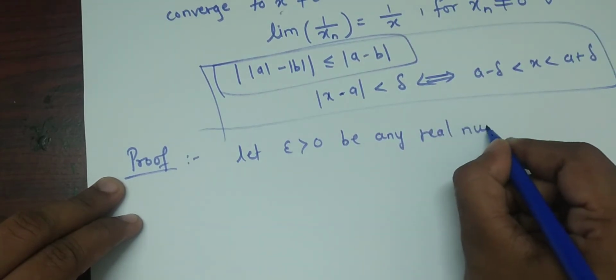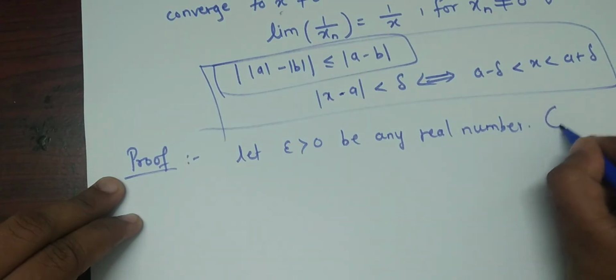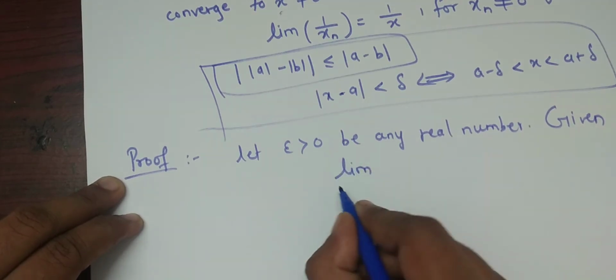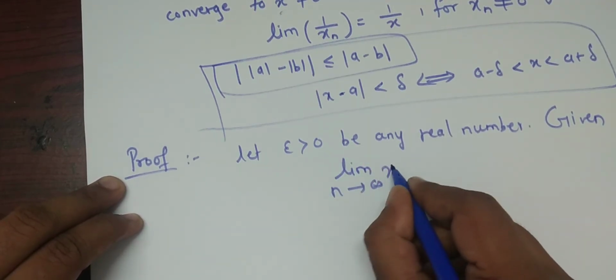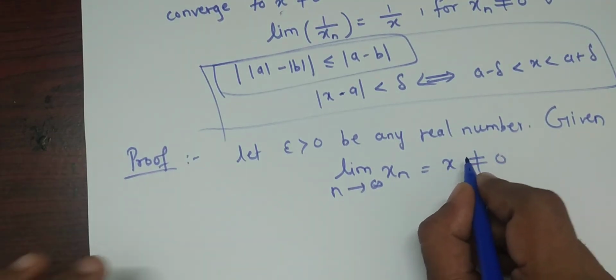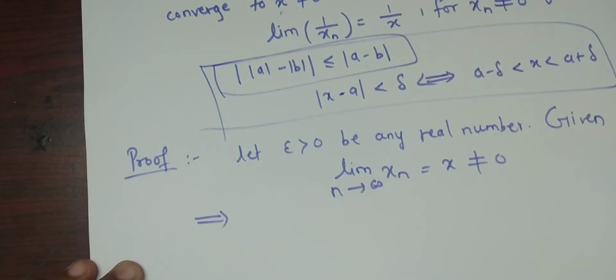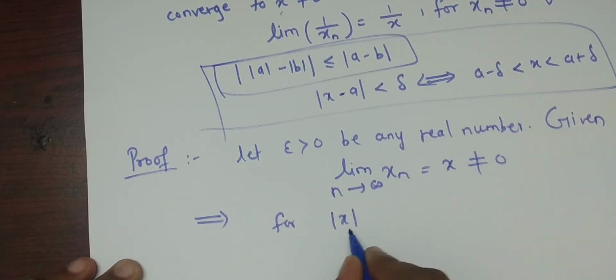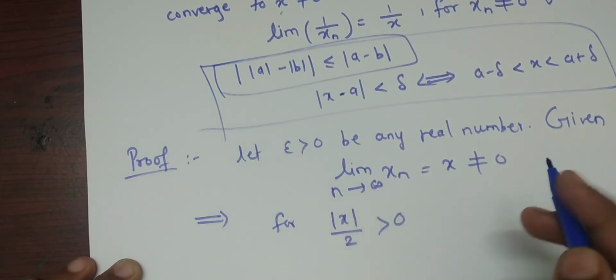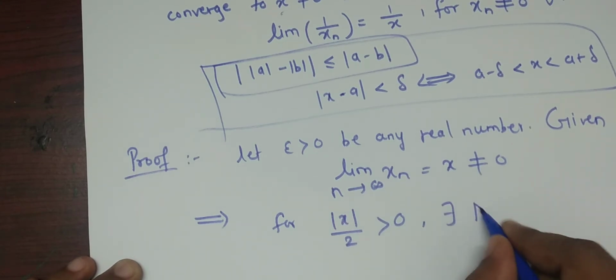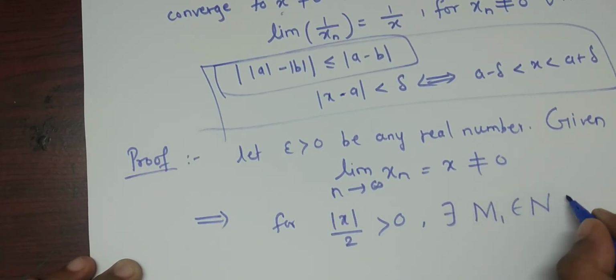Given that limit n tends to infinity xn is equal to x, this implies, since x is not equal to 0, that mod x is greater than 0, or mod x by 2 is also greater than 0, because they have given x is not equal to 0. Then there exists m1 belongs to N such that